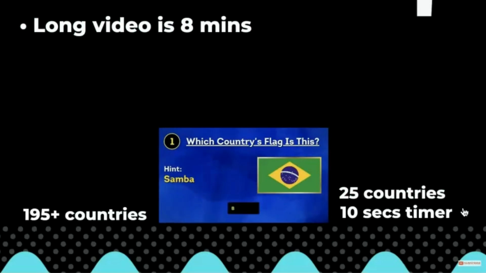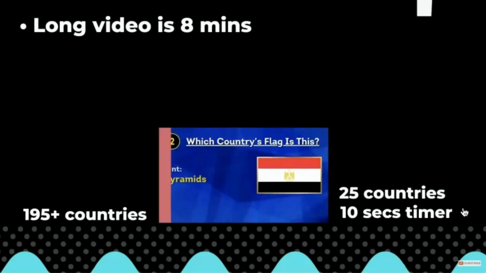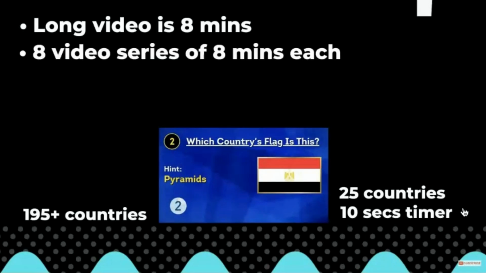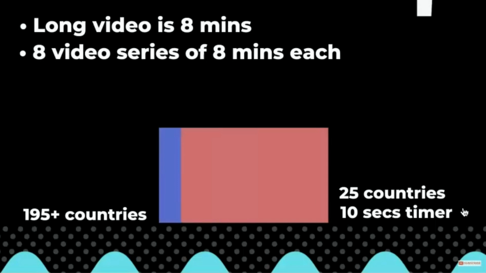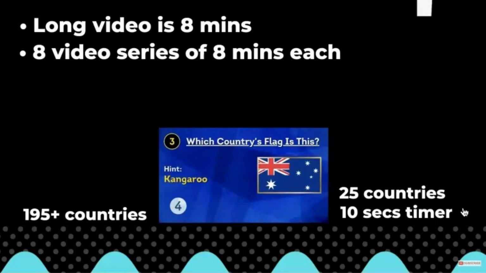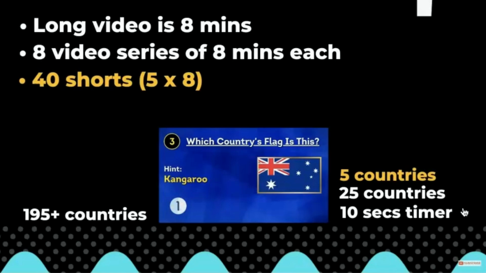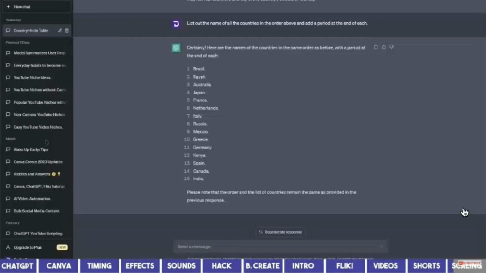Considering the fact that there are over 195 countries in the world, this topic alone can turn into a series of 8 videos, each of which is 8 minutes in length. And that is what those channels do, which is the reason they can create as many videos as possible in a short time. Also, if you create 5 countries per short, you can have 40 shorts from this topic alone,